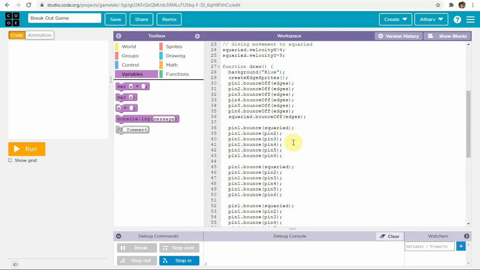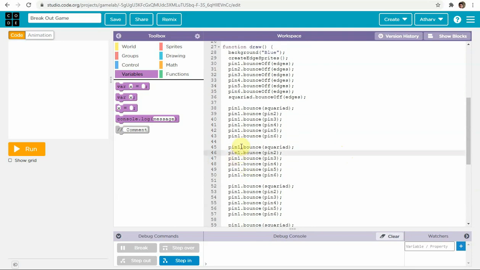So let's do it as soon as we can. Pin 2, bounce with pins 1, 3, 4, 5, 6.